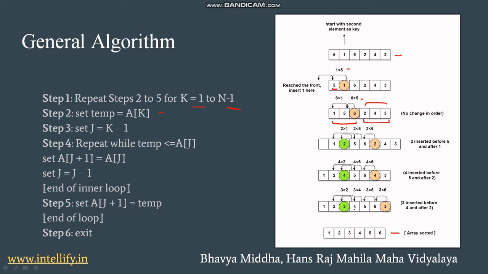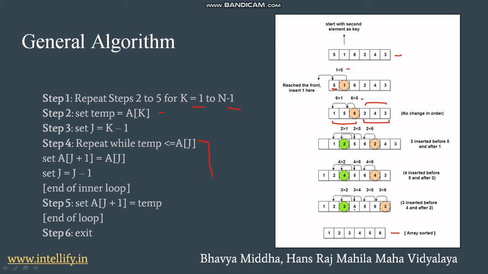Dear students, here I discussed that 5 is already considered to be sorted, and we start comparing from 1, that is from the first element, because 5 is having the index position as 0. That is why we start from k is equal to 1, and we set the temp variable as the first element in our array, not the index at the 0th position. We use the temp variable to store the value at the kth index position, and in the initial steps, the value of k is 1.